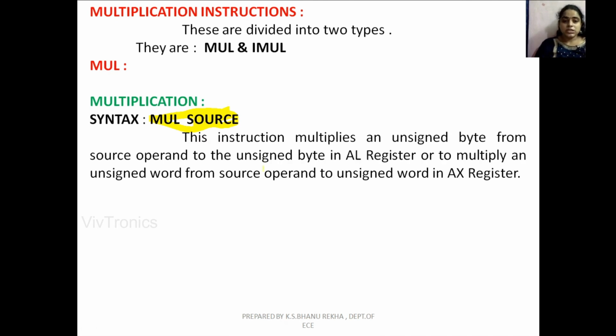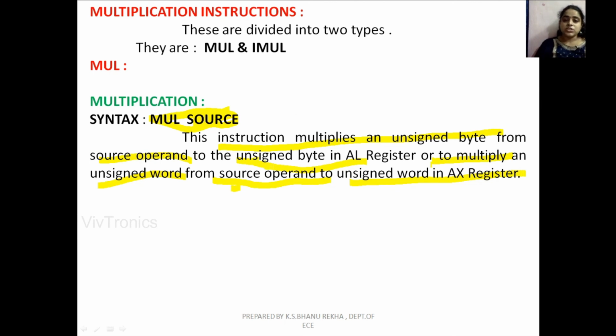Okay, so see here what this instruction does. This instruction multiplies an unsigned byte from source operand to the unsigned byte in AL register. Okay, or to multiply an unsigned word from source operand to unsigned word in AX register. So mul is an instruction that works purely on positive numbers, not at all on negative numbers.